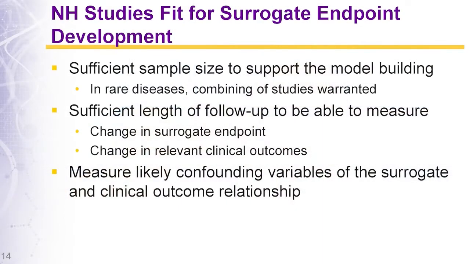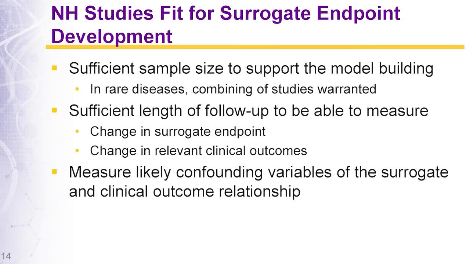So natural history studies are very much used to develop these surrogate endpoints. And what are the natural history studies that are fit for purpose for this exercise? Well, they should have sufficient sample size to support the model building. In rare diseases, sometimes we end up combining studies in order to achieve this, and they should have sufficient length